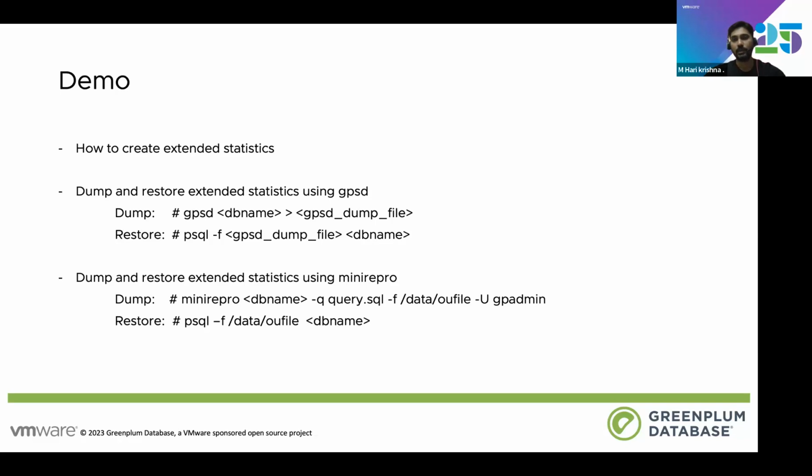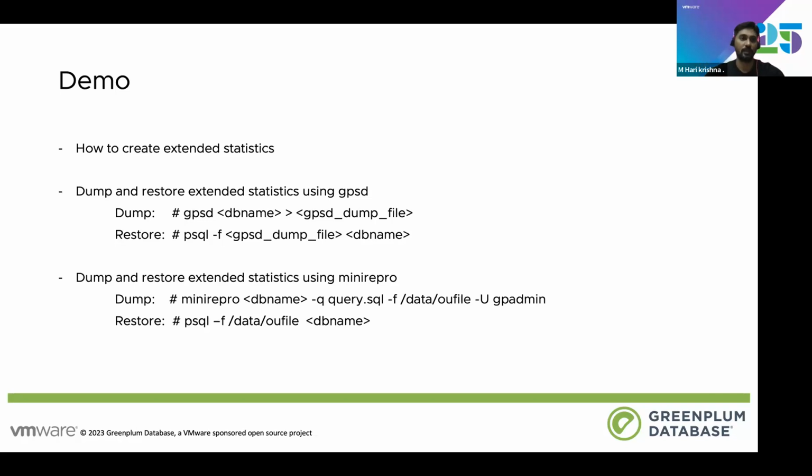Using these utilities, we can capture the source database catalog information and statistics, which can be applied to the local database to reproduce the scenarios, and through these utilities we can come up with a quick RCA for the issues which we see